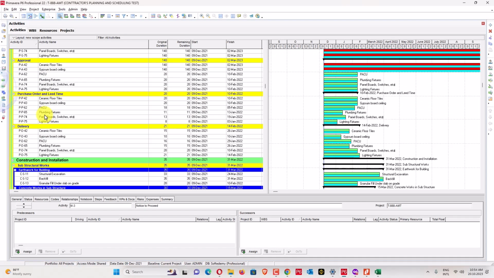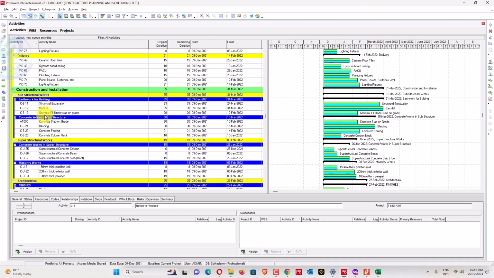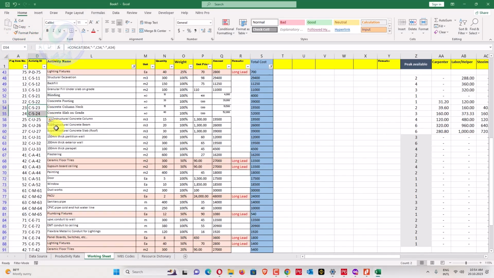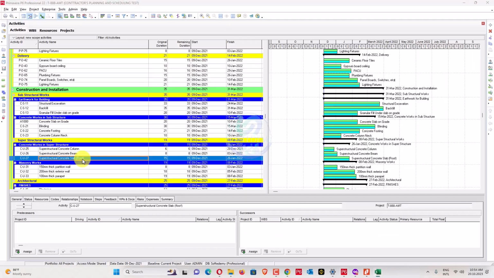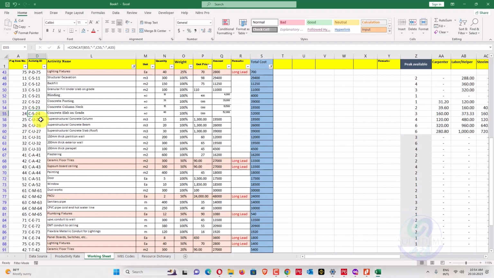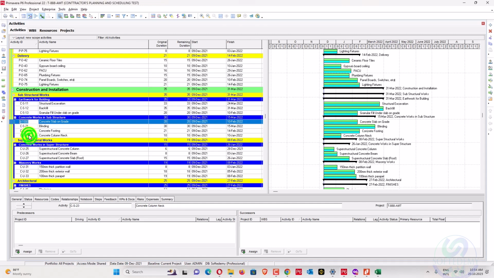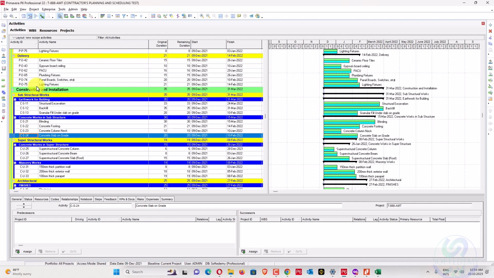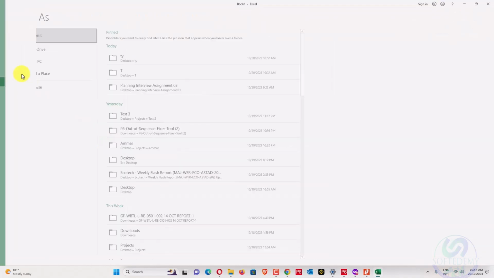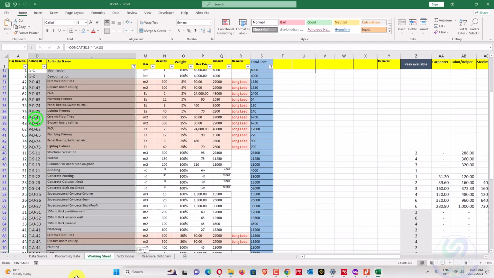Okay, while cross-checking also this one, it's not added. Just do one thing: add here manually. Slab on grade. Okay, this activity has been added, but code is not added. So activity is added, code is not added. Copy and paste here 24. Okay, so copy this one now